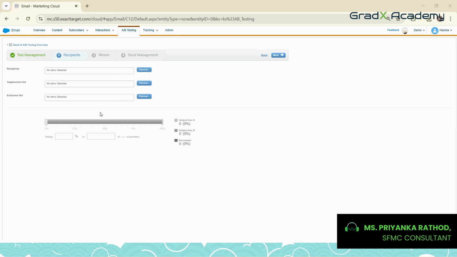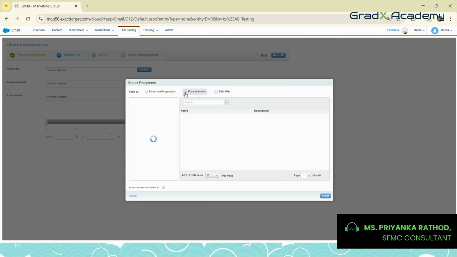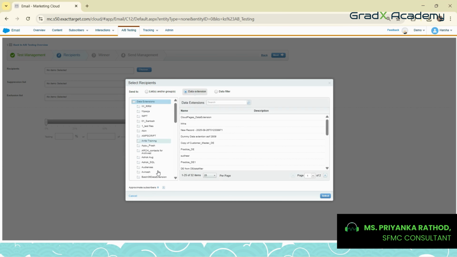Here we need to select the recipients, like how many audience you want to send this email or the subject lines. Okay, so these are the recipients. If we click on this choose, then you have three options, list or data extension or data filter, from where you want to select your file. So I am selecting data extension because my file is in data extension. So from my folder,